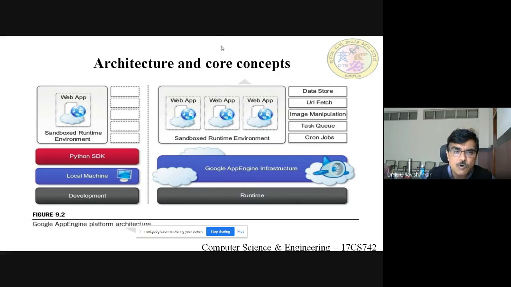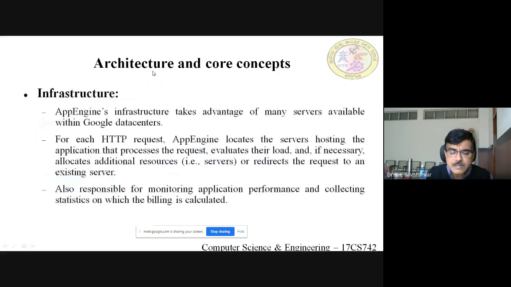Okay, so let us move on. In App Engine, the infrastructure takes advantage of many servers available in Google data centers. I wanted to add one more point here. There are multiple data centers available, in multiple locations. As we already said, at least 3 copies of the data will be saved in various locations, to provide fault tolerance. It should fetch the data from various locations, and then it should be compiled, and it should be sent back